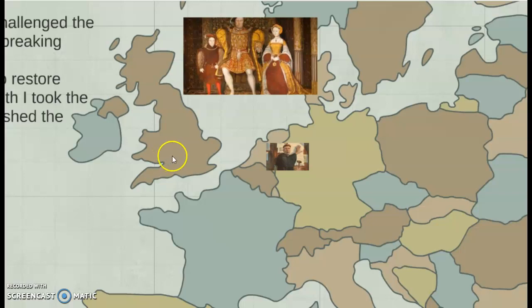And the second reason why he wanted to divorce his wife was the fact that she wasn't giving him a male heir. So, in effect, not being able to get an annulment from the Pope because of the treaty reasons more than the idea of him getting a new wife, he decided to separate from the church and create his own church. He wasn't much of a theological man. He admired Luther, but he didn't necessarily follow his religious convictions. But he did indeed create the Anglican Church, which is separate from